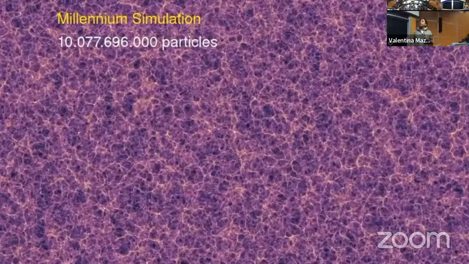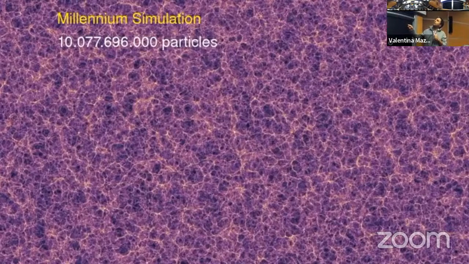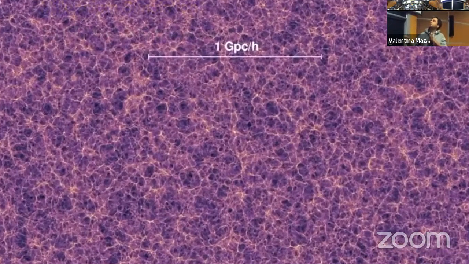So that's great, but there are a few little problems here. Again, you're looking at one of these simulations. We're looking at very, very large scales in our universe, and you can see all these dark matter halos that are the places where galaxies form. And if you zoom in on this simulation,